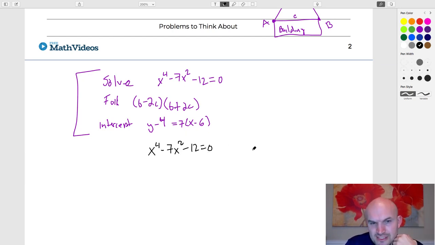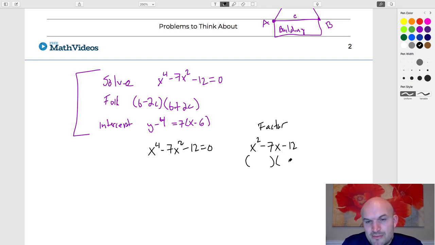Typically, I like to think of this as a quadratic trinomial, in the form of x squared minus 7x minus 12. Let's just say I said factor this. Factoring is the process of rewriting this as a product. We know that trinomials can be factored into a product of two binomials. We know that x times x gives you x squared. And then there's a whole bunch of numbers that multiply to give you negative 12, but there's only one set of numbers that multiply to give you negative 12 and add to give you negative 7. And those numbers